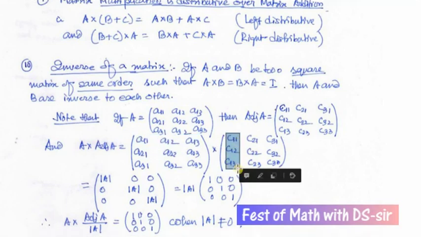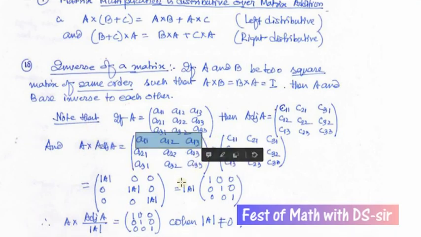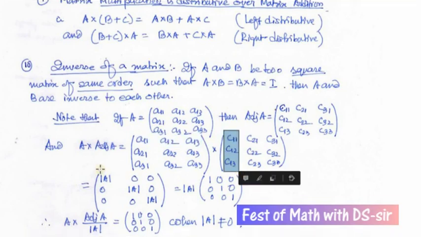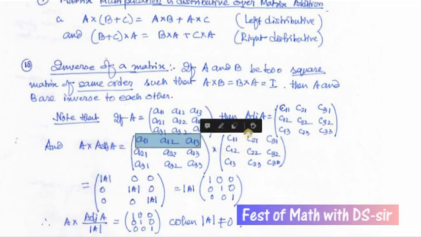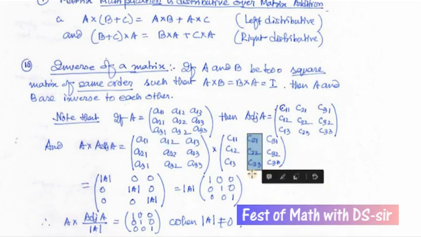Now see, the first column represents the cofactors of the first row. So first row elements of det A multiplied by first row cofactors give the value of det A. We know that from the determinant point of view. Now first row elements of det A multiplied by second row cofactors, from the properties of determinants, we know this sum is 0.